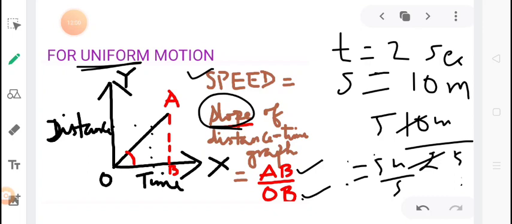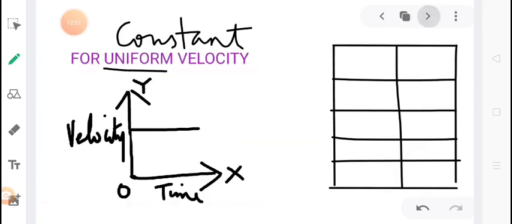This is also a graph for uniform motion, but it is a distance versus time graph. But if the same situation is represented with the help of a velocity versus time graph, then it is a straight line parallel to the time axis. You should also not be confused by the way the graph looks. No, this graph looks like